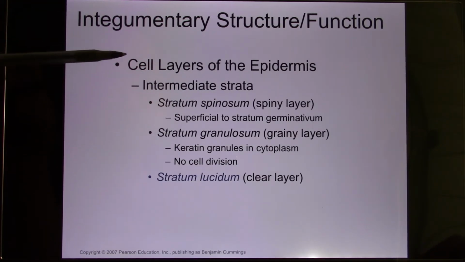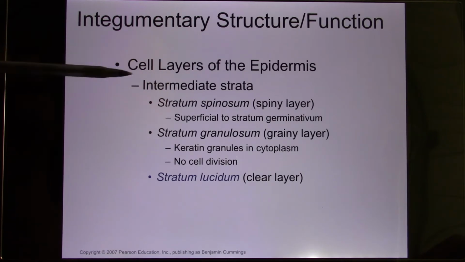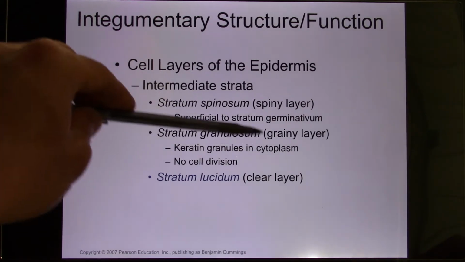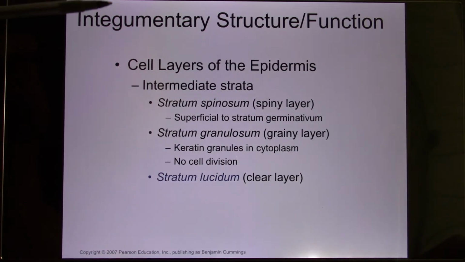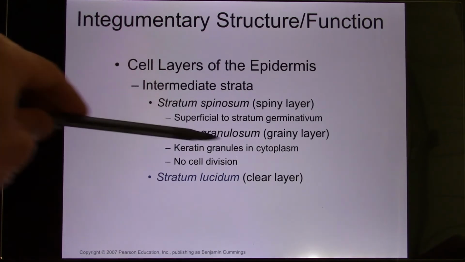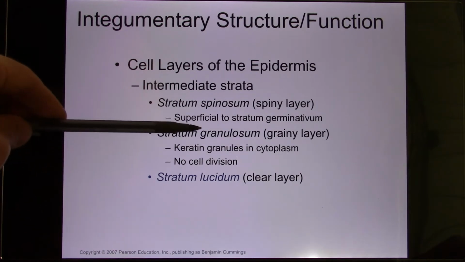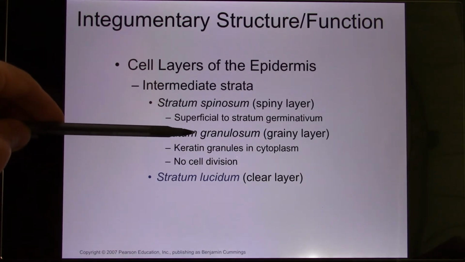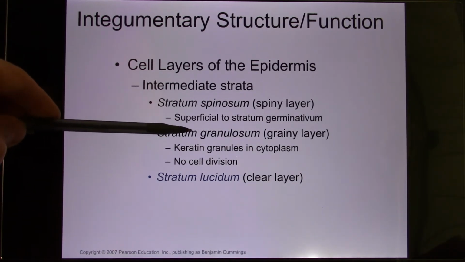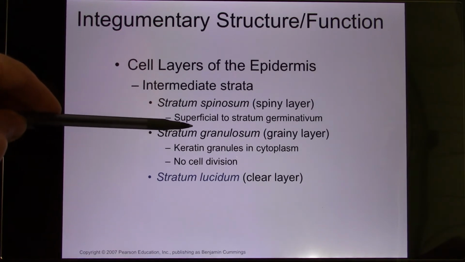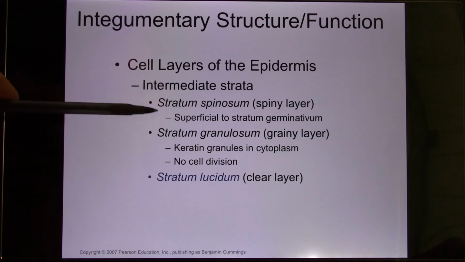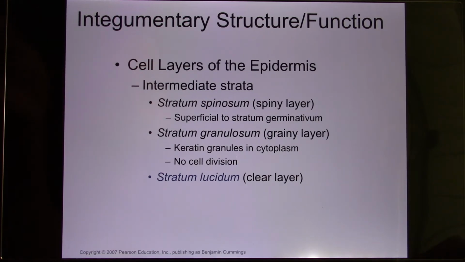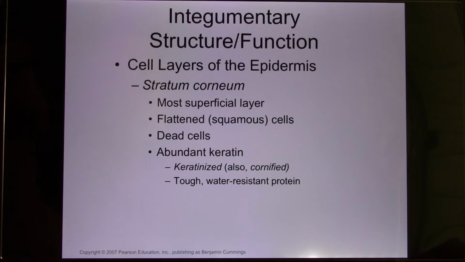Now the cells gradually being pushed up, go to the stratum spinosum, stratum granulosum, and to the stratum lucidum. So the cells become mature by about the stratum granulosum layer. So in this layer, no cell division anymore. And they are mature cells, so they are ready to replace their water with keratin. So keratin starts to accumulate. And stratum lucidum, only the thick skin has it. And in the thin skin, they have